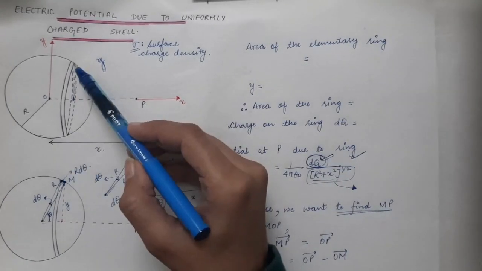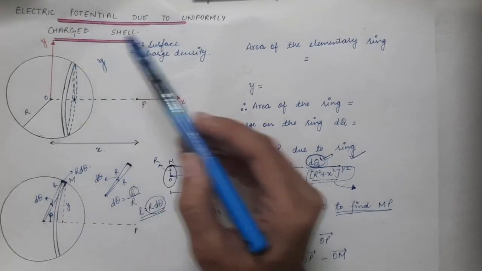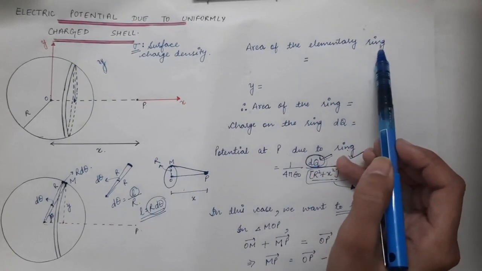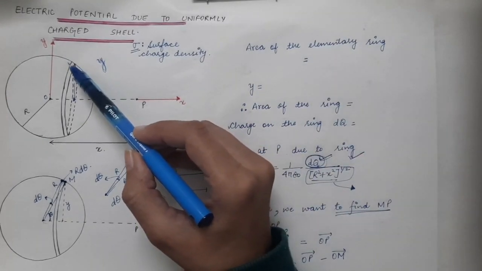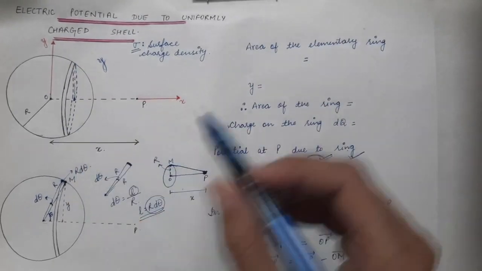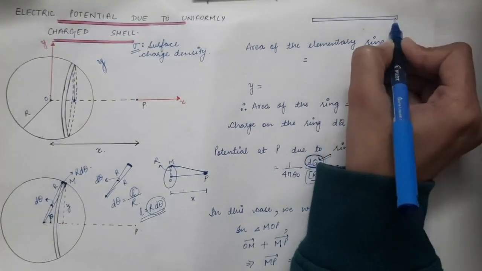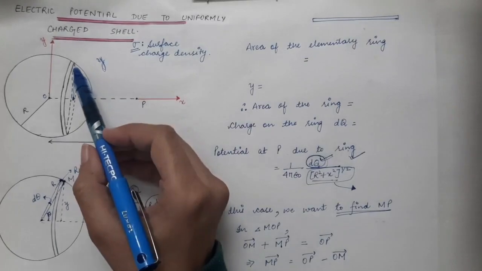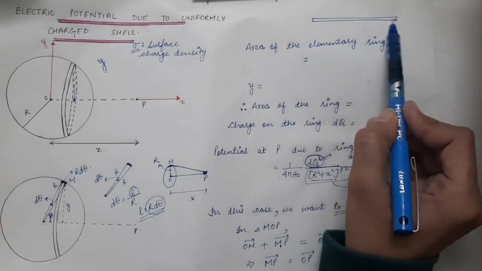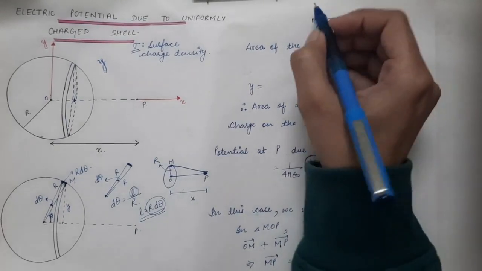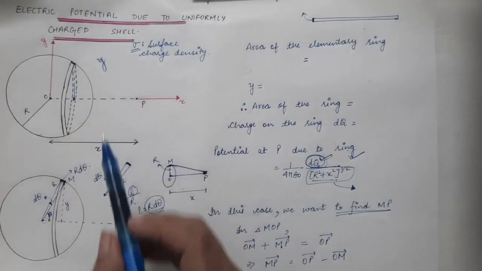So first of all, we want to find the area of the elementary ring, and that we can easily find out. If you cut this circular ring from one point, the trick to find the area of the elementary ring is very simple. You can cut this elementary ring at one point, and then you can expand this ring, so it will be approximately the same as a rectangle. When you cut this elementary ring at one point and then stretch it, you will get a rectangle whose thickness is this thickness of the elementary ring that we have already found.